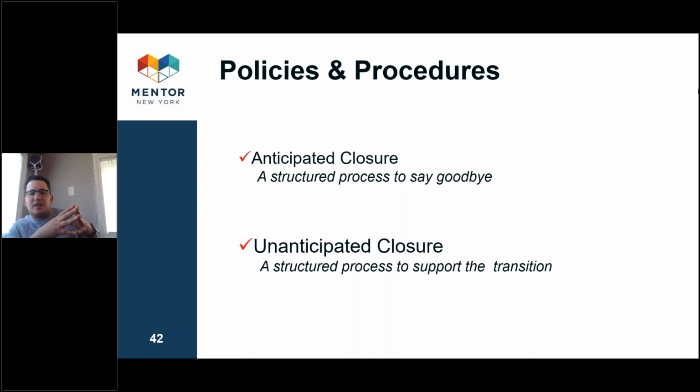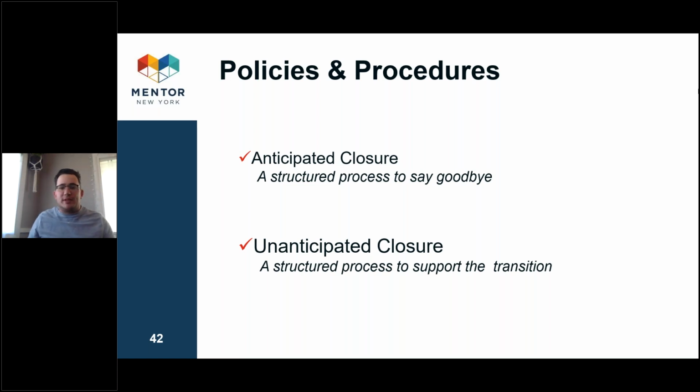So when you're thinking about that structure, you want to have policies and procedures in place. You want to have a process in place for when there's an anticipated closure, right? That process to say goodbye, like we were just talking about. You're providing some support, talking points, and questions for mentors leading up to them saying goodbye, as well as to an event. And then in the event of an unanticipated closure, you want to have a process in place to support that transition. Are you going to be rematching them with someone,